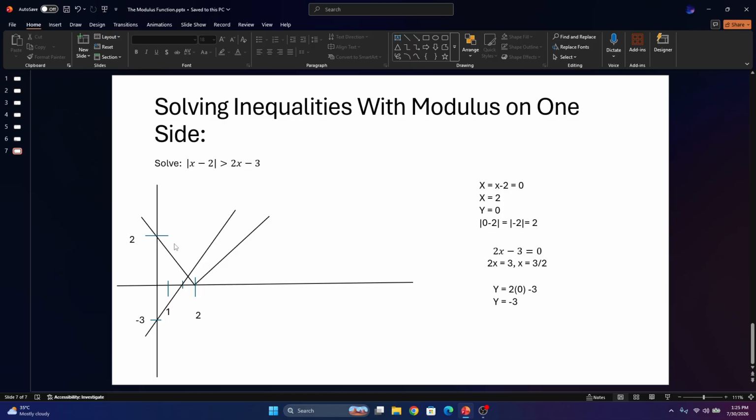However, for this we need to multiply it by -1 and replace the modulus with brackets. So we know that the equation of this line right here, which is that line that is intersecting with this line,